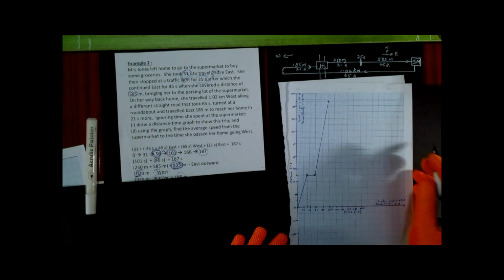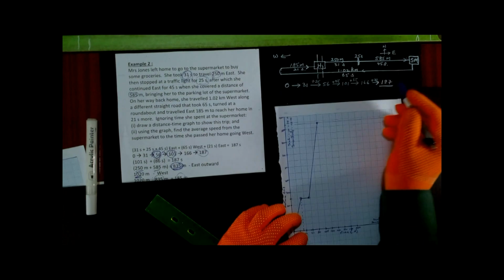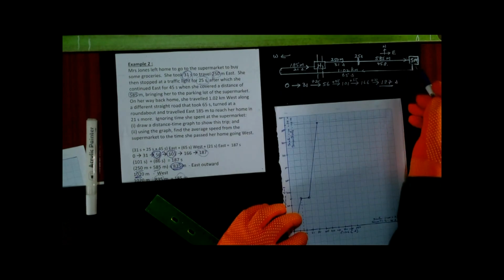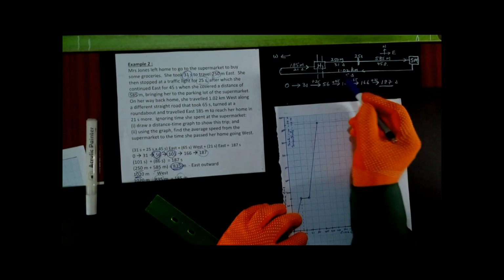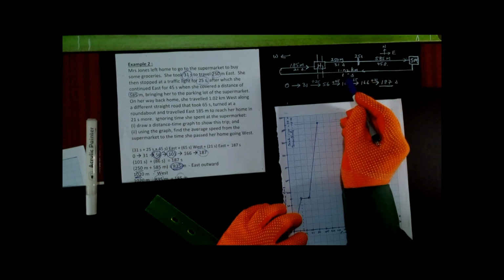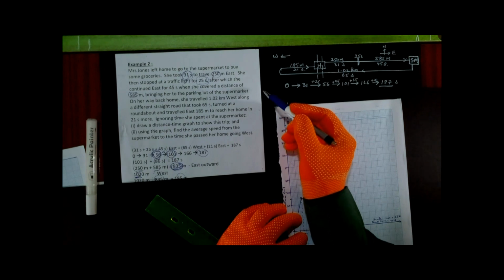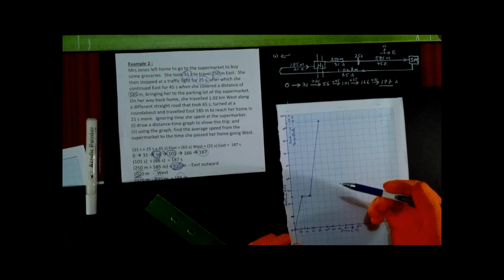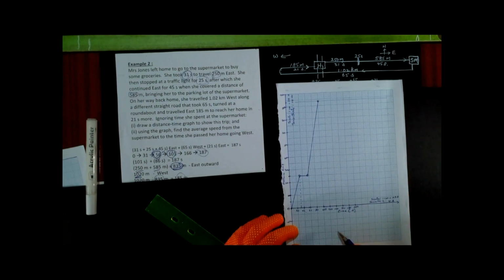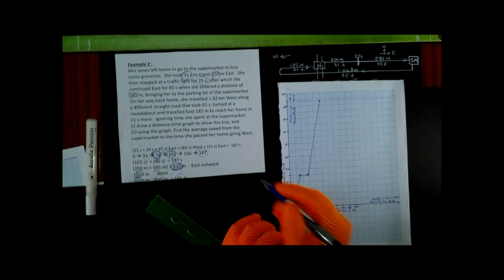She has reached the supermarket. We are not going to deal with how much time she spent at the supermarket. She did her shopping, and now she's going back home. Remember, we said she traveled a different route, and she traveled 1.02 kilometers for 65 seconds, going in the opposite direction. So she passed her home. So that will take us